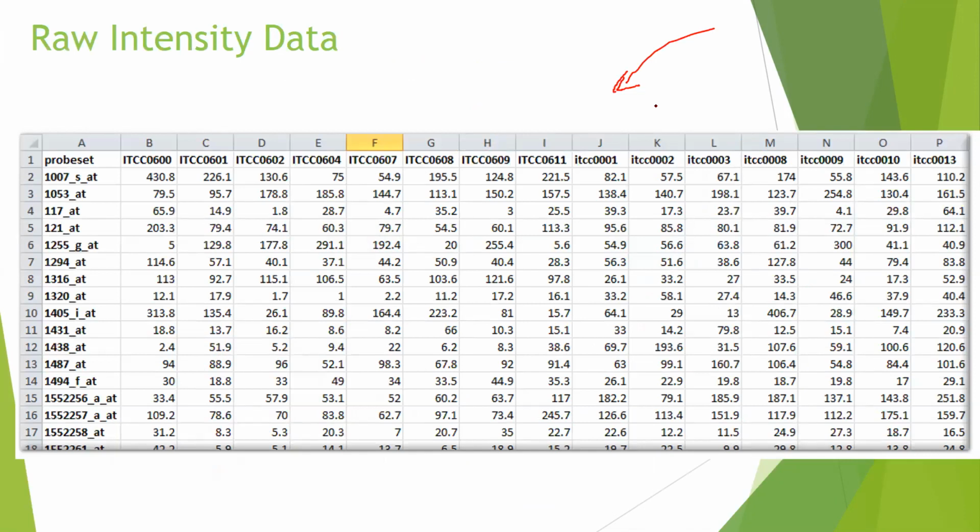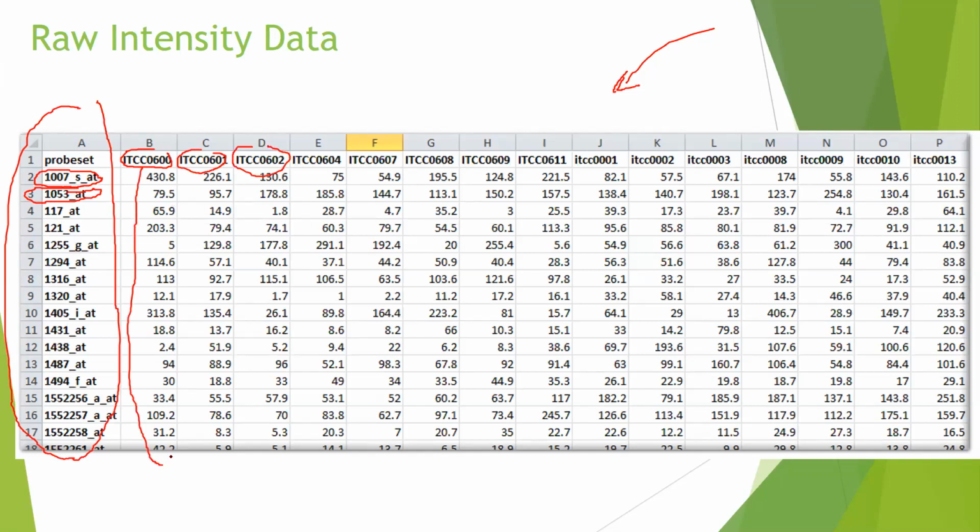When I was a PhD student, I analyzed the data like this. This is from the Affymetrix. In this table, each row represents a probe set, a transcript, using different names here. Each column represents a single sample, and those are the raw values